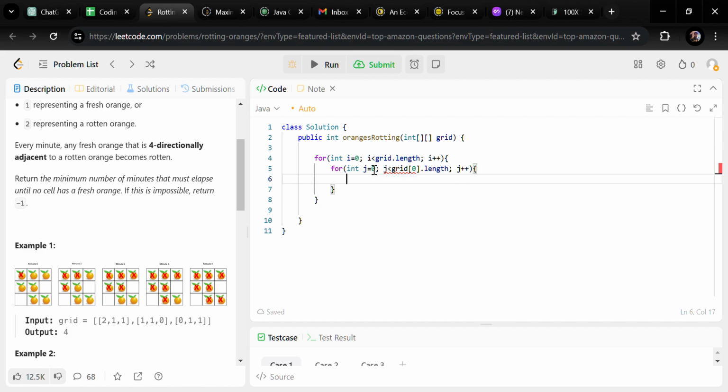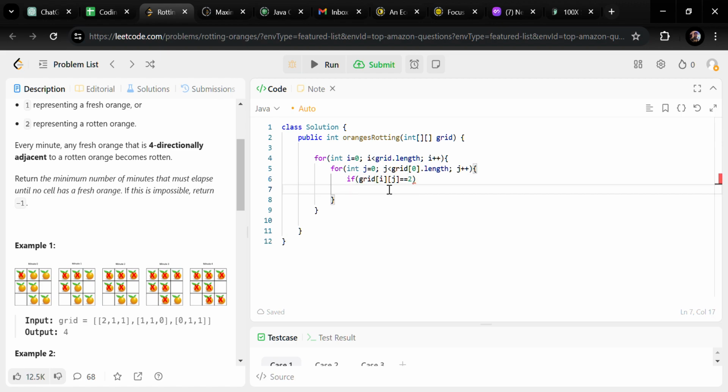So here we are with row and column values, and we have to check what the values in the row and column are. So if grid of i and j is rotten,